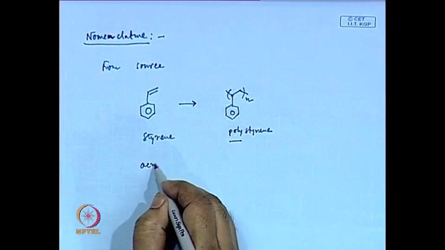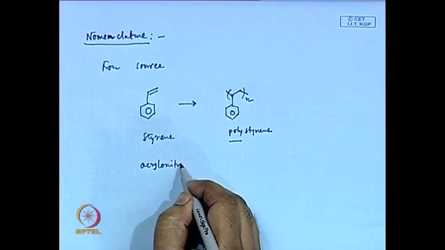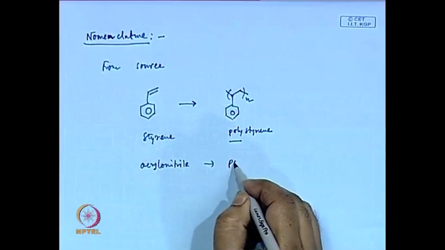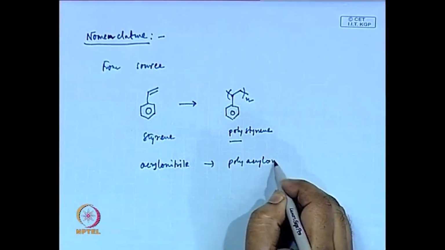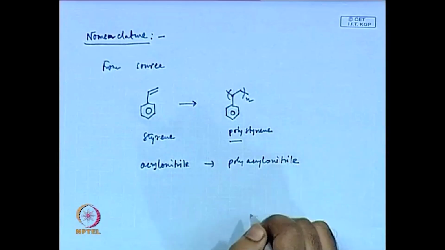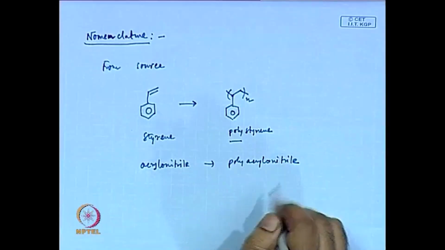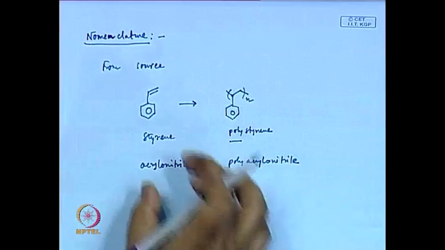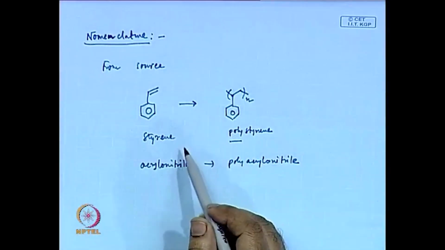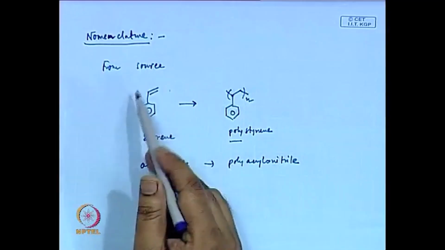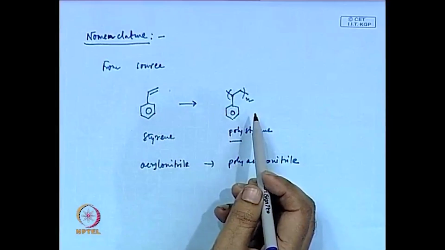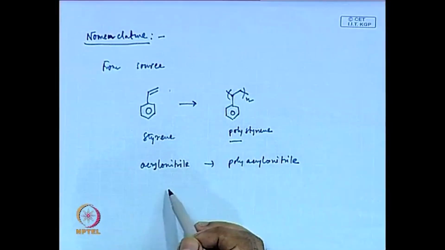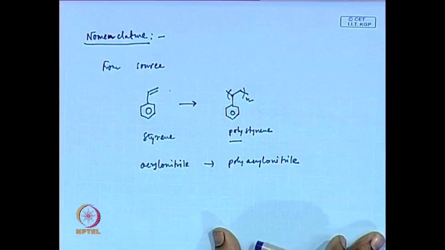So, acrylonitrile would give you polyacrylonitrile and so on. This is very simple and is done mostly if the polymers are made from a single monomer, which is directly converted to the polymer. So, like styrene to polystyrene and acrylonitrile to polyacrylonitrile and say